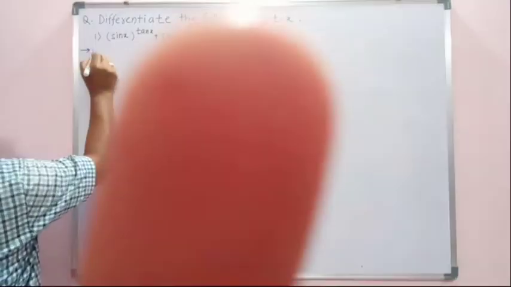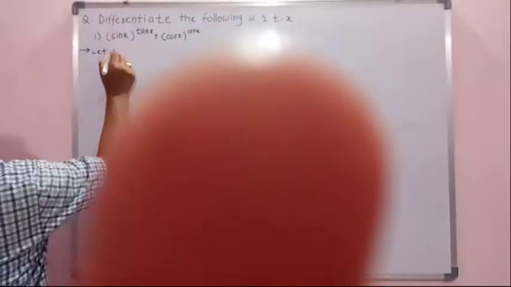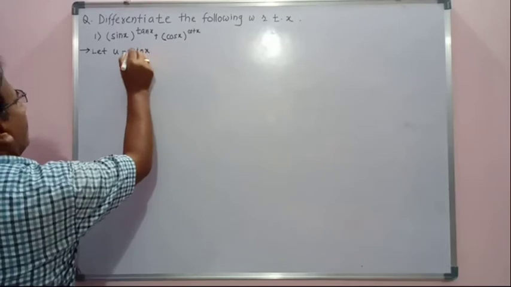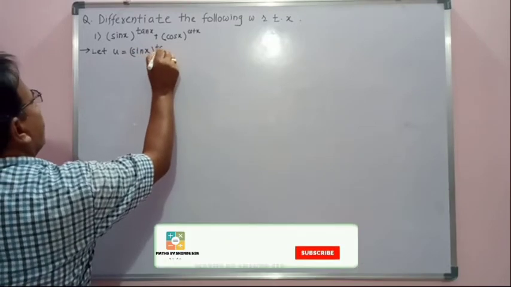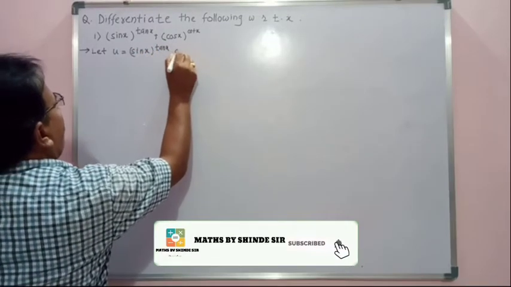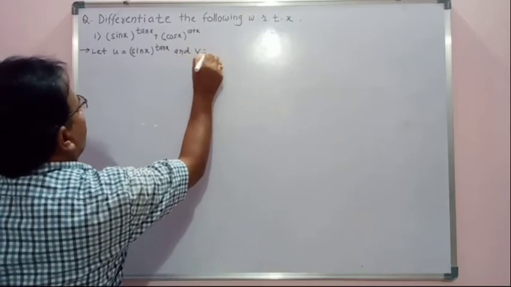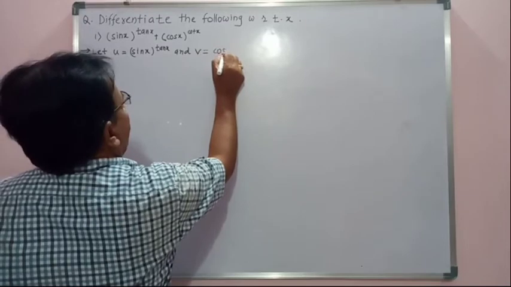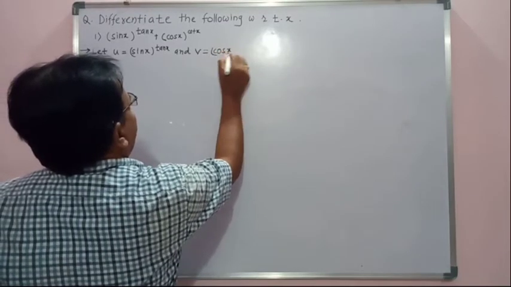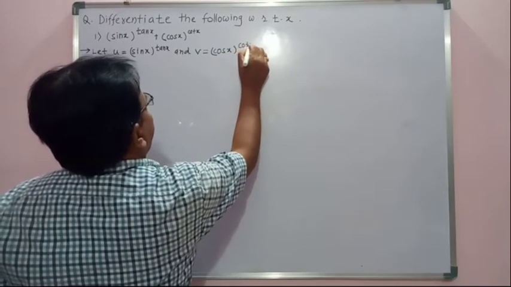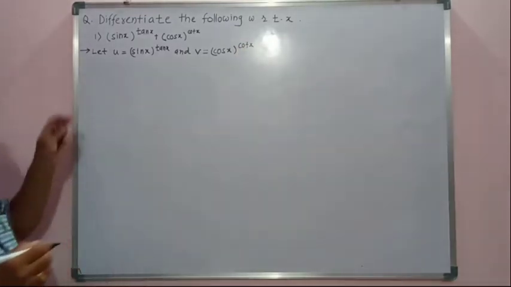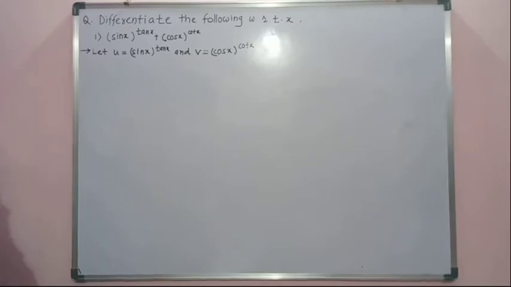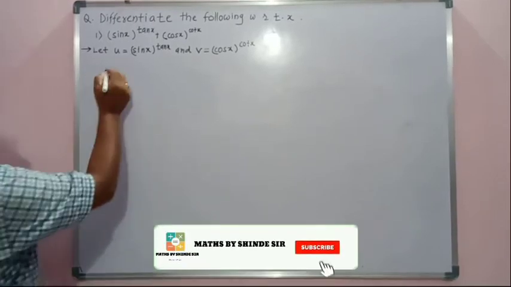Suppose let u equal to sin x raised to tan x and v equal to cos x raised to cot x. Let u equal to sin x raised to tan x and v equal to cos x raised to cot x. Taking log both sides,